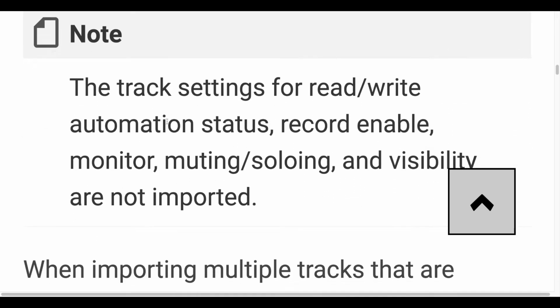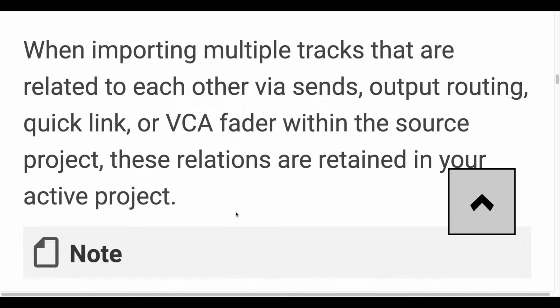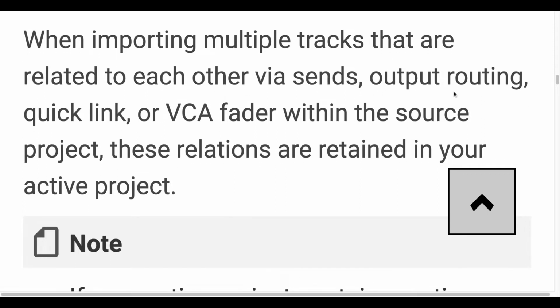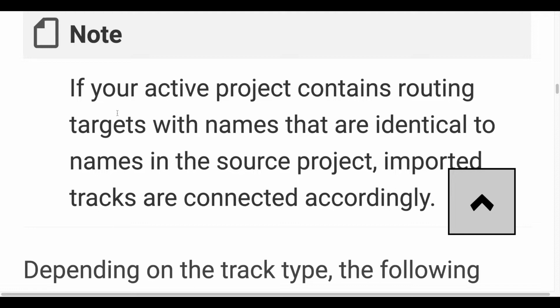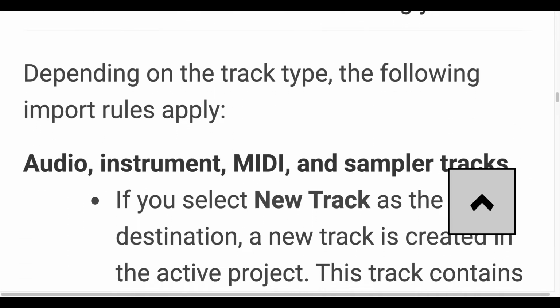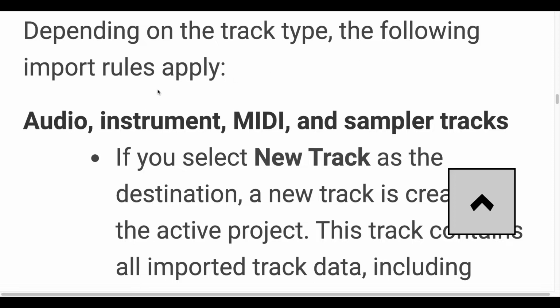Note: the track settings for read/write automation status, record enable, monitor, muting/soloing, and visibility are not imported. When importing multiple tracks that are related to each other via sends, output routing, quick link, or VCA fader within the source project, these relations are retained in your active project. Note: if your active project contains routing targets with names that are identical to names in the source project, imported tracks are connected accordingly. Depending on the track type, the following import rules apply: